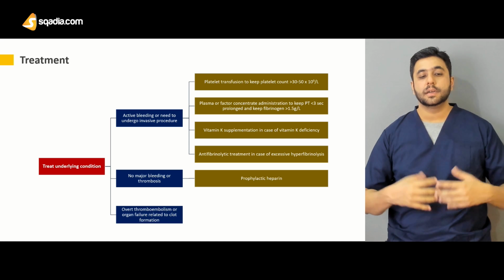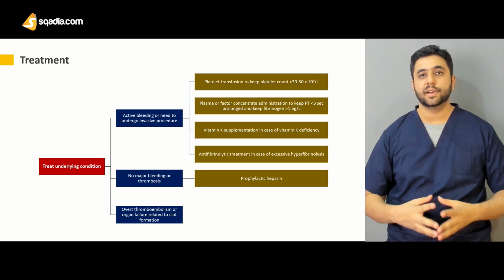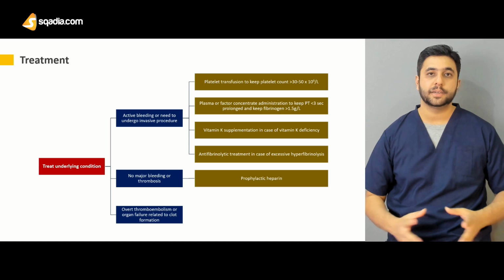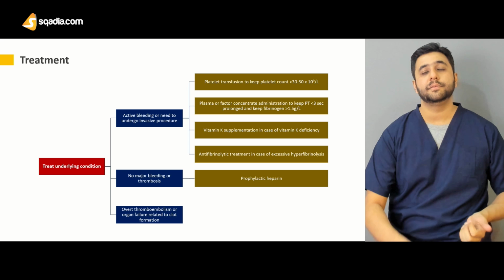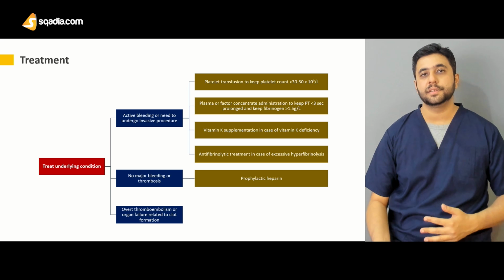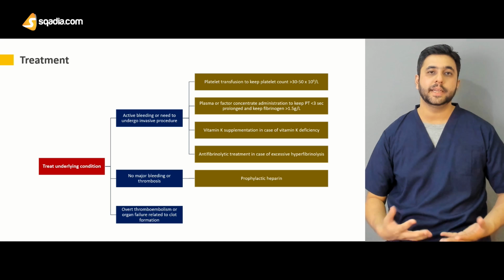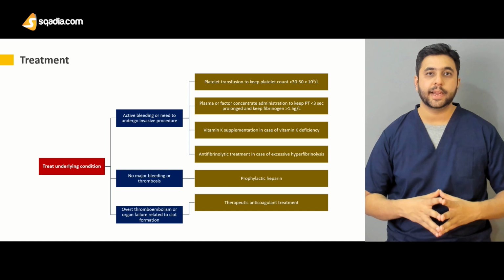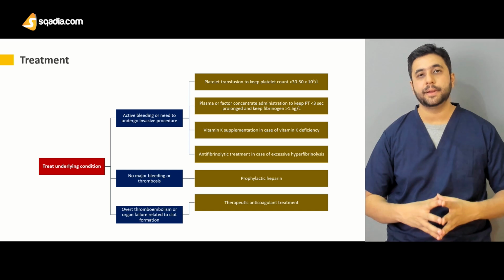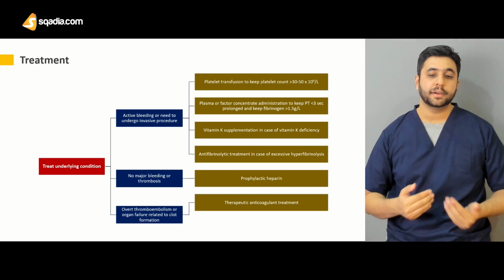If the patient has overt thrombosis or thromboembolism or organ failure which is related to the clot formation, if there is widespread thrombosis, and if the various organs of these patients are failing, if the kidneys are shutting down or the patient is presenting with a stroke or with pulmonary abnormalities, then it is very important to start therapeutic anticoagulant treatment with low molecular weight heparin and later on transition to warfarin orally. It is very important to act quickly in these cases because